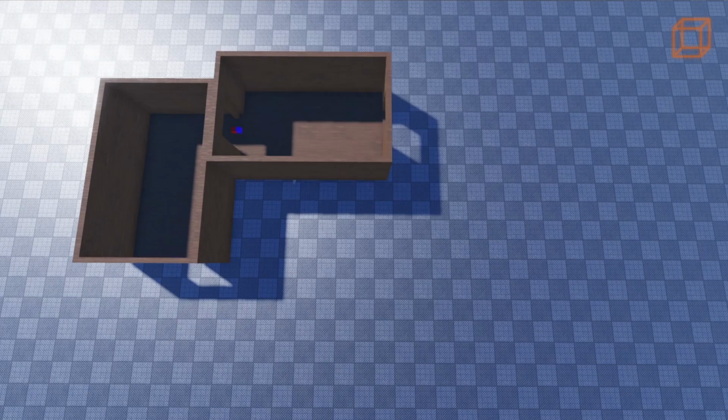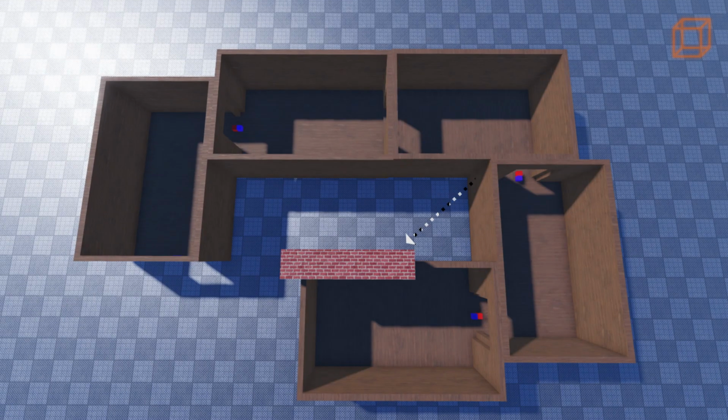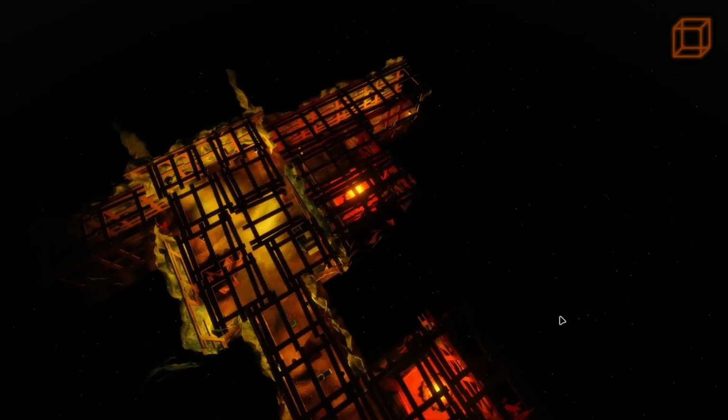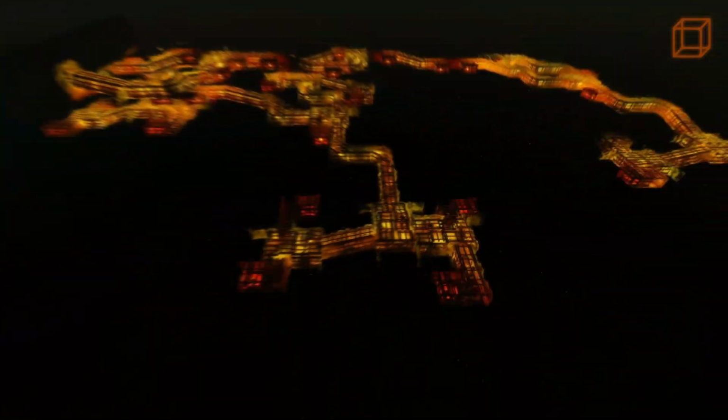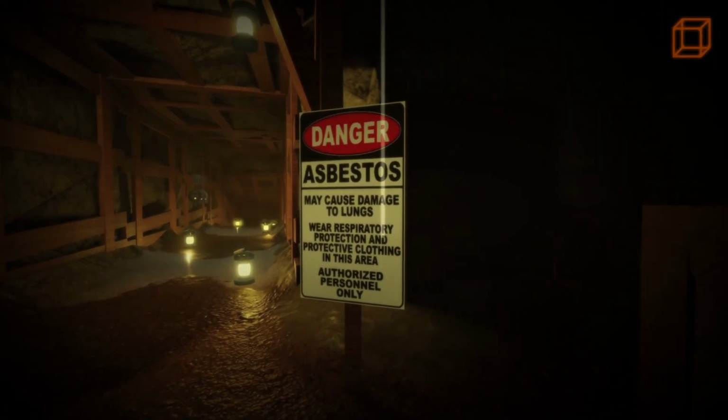To fix this, I added a feature that it will check if something is in front. And if something is there, it will generate a dead end, but if not, it will generate more. And after a week of programming, I got the procedural generation working. It has some problems, but it still works. And this is totally not an asbestos cave.